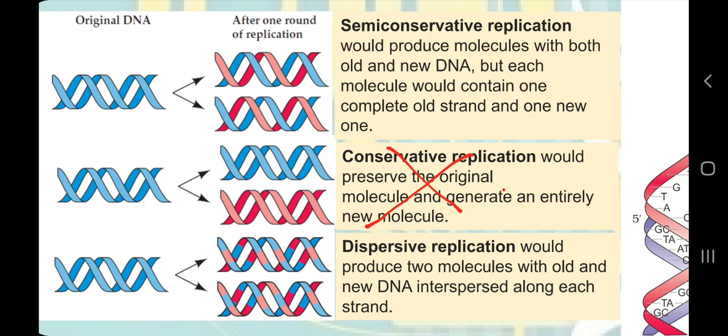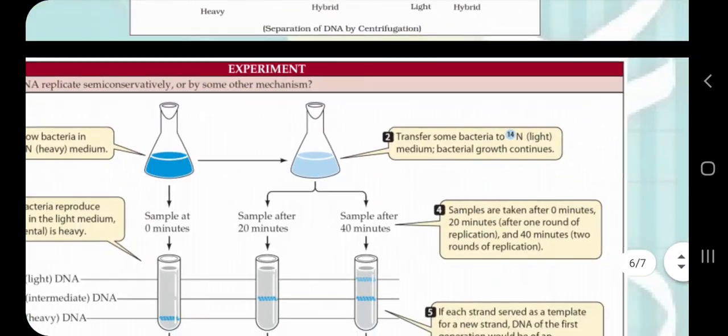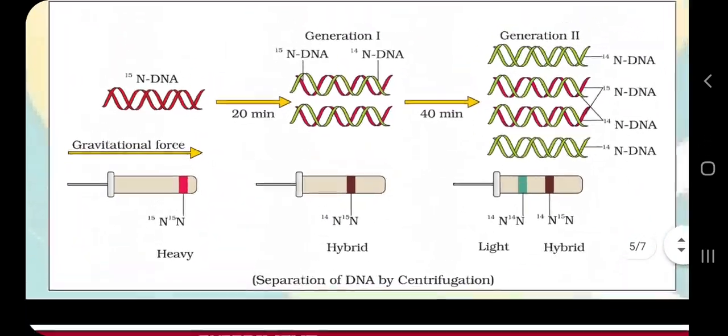Now there are two possibilities, semi-conservative or dispersive, but after 40 minutes it was very clear it was semi-conservative, not dispersive. Why? Because if dispersive happened, you could not have clearly visible bands at the 14N location. So I hope